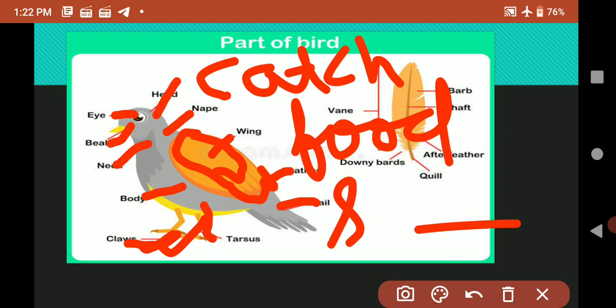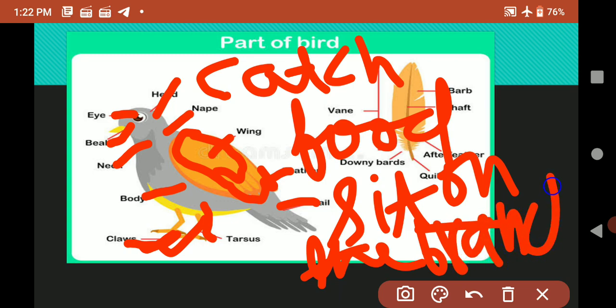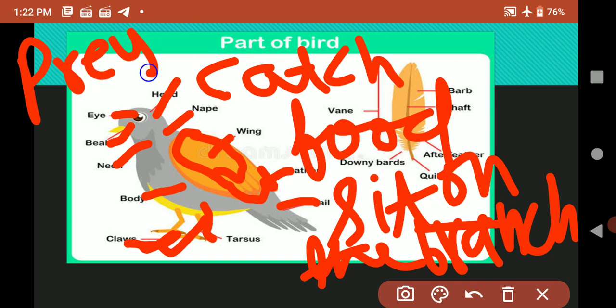They sit on the branches of a tree. Have you seen birds sit on the branch of a tree? How do they sit? They sit with the help of their claws on the branch of a tree, and they hold their prey with the help of their claws.